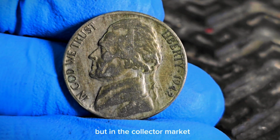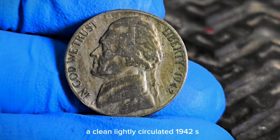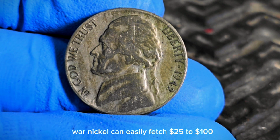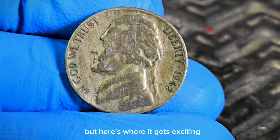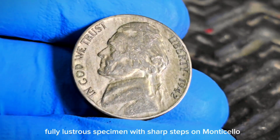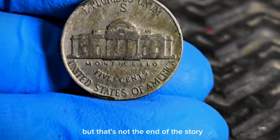But in the collector market, the game changes entirely. A clean, lightly circulated 1942 S war nickel can easily fetch $25 to $100, depending on its detail and eye appeal. But here's where it gets exciting. A mint state, fully lustrous specimen with sharp steps on Monticello and zero contact marks can soar,